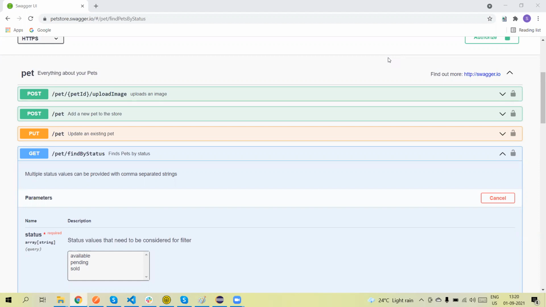In this tutorial, I am going to discuss how we perform the data-driven approach for API testing using REST Assured and TestNG. First of all, let's try to understand what the data-driven approach is.